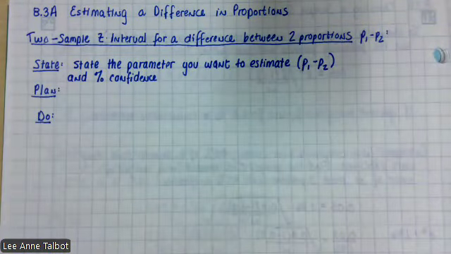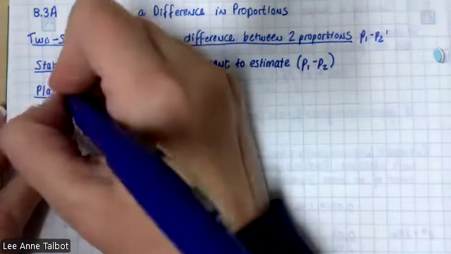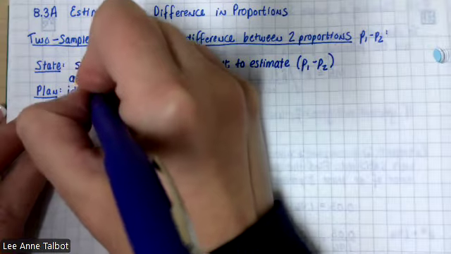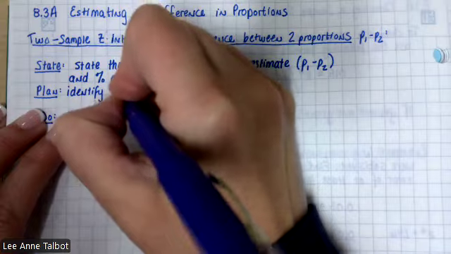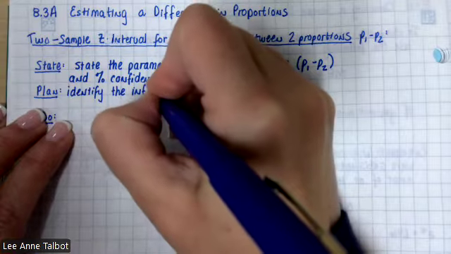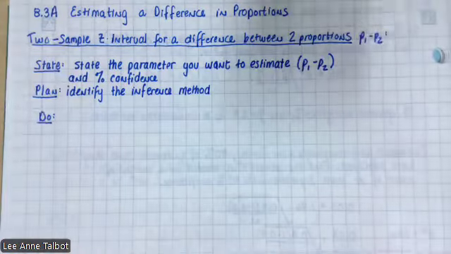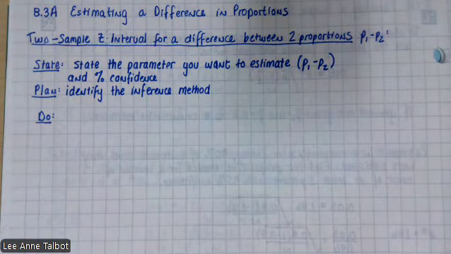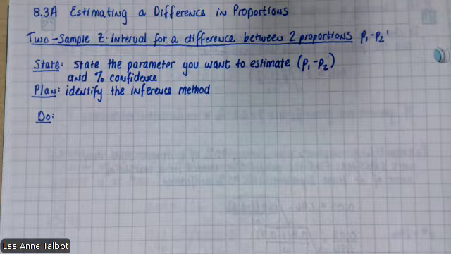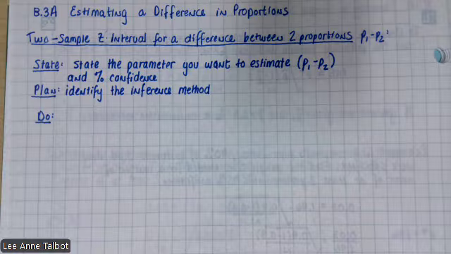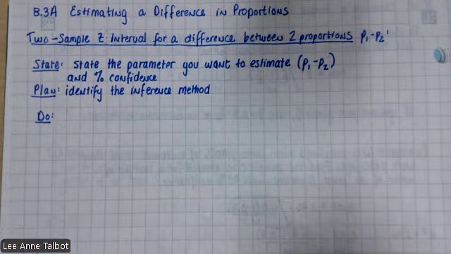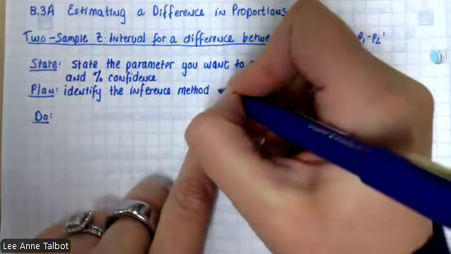Okay, plan. Identify the inference method. What does inference mean again? Backward stats magic. It means taking a sample and using the information from the sample to estimate the population, which is what we do all year, basically. Identify the inference method and